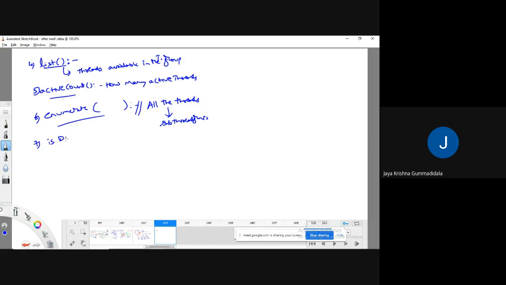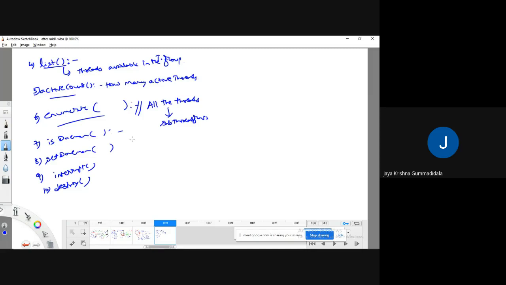There is another method like isDaemon method. You know the purpose of the isDaemon method: to check whether the thread group is a daemon or not. Daemon means background execution. If I would like to make my group a daemon group, then I can use the setDaemon method. If I would like to interrupt the thread group, I can use the interrupt method. If I would like to destroy the thread group, I can use the destroy method. Whenever you destroy the thread group, automatically all the subthread groups are also destroyed.